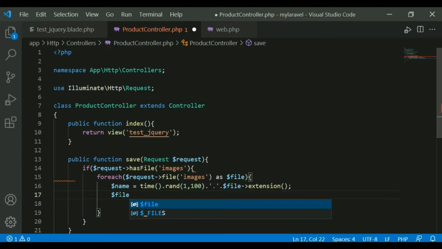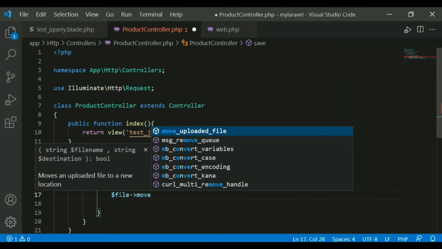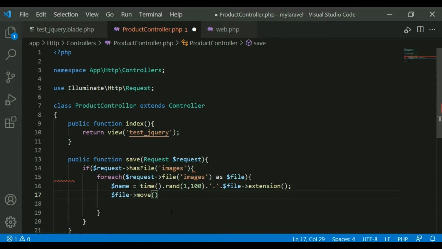Now the file move. Whenever you upload a file, that particular file is generally uploaded to a temporary directory of your server. You want to move that file to a specific directory of your server. I want to upload the file to my public folder images directory.